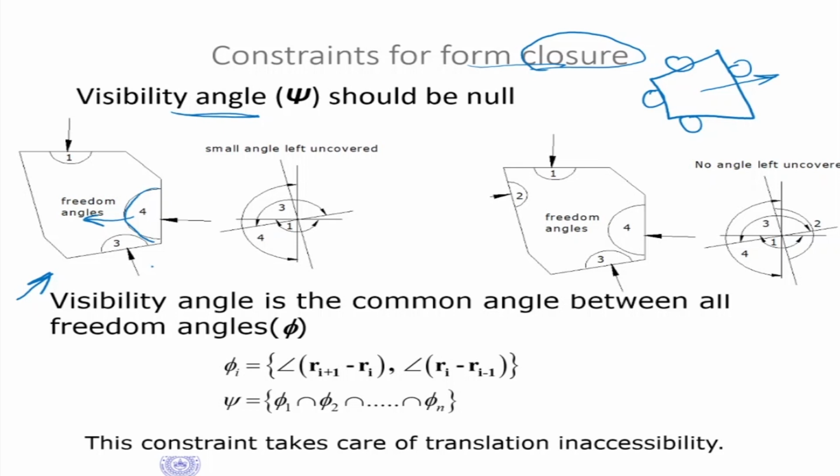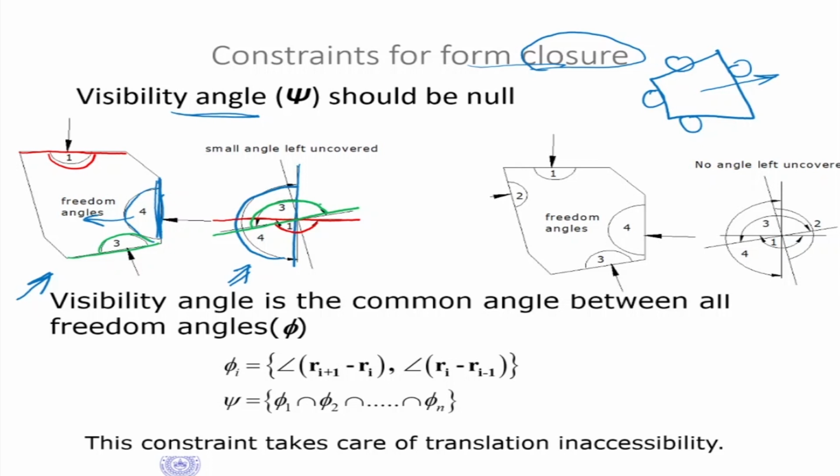Okay, so if I combine all the fingertips like this, I draw this graph on the right side as shown here. Now, for this finger, this is my line, for finger number 4. So this line is this line now, and this is the freedom angle for 4. Okay, so I'll just change the color and then we understand. For 1, this is the surface and this is the finger, the freedom angle. That means in that direction it can move. So this is 1 and this is the freedom angle for contact 1. What about freedom angle for contact 3? Freedom angle for contact 3 is this one. So this is 3 and this is my 3.